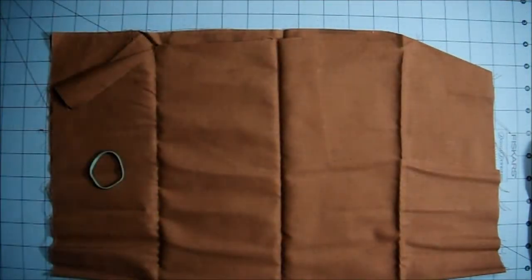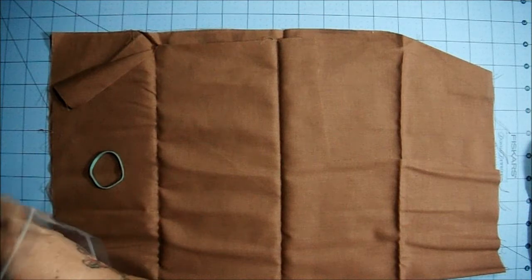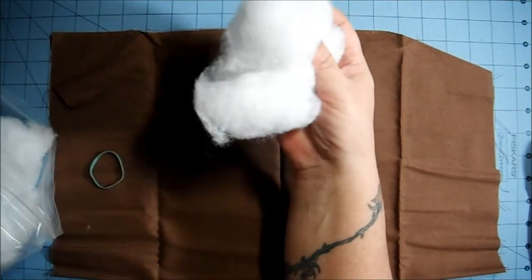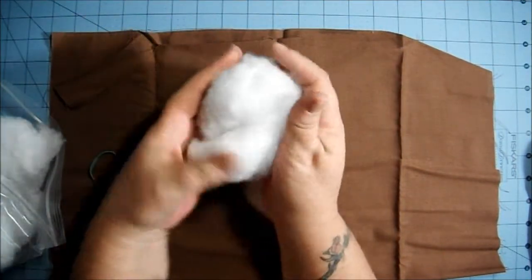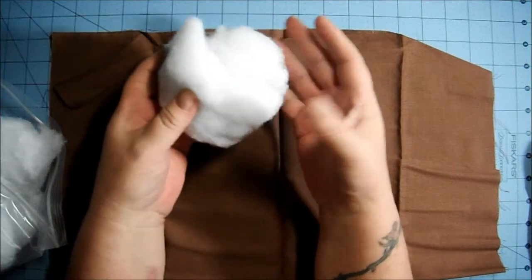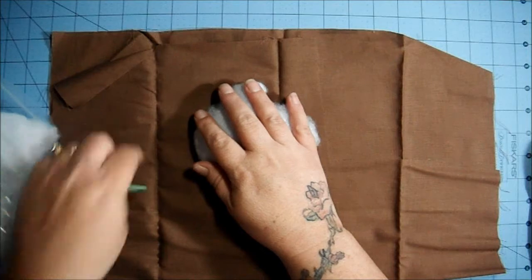It depends on the size of what you're making, but say for a teacup, I would just grab off a big old piece like this of fiber fill and just kind of shape it in my hand, kind of the shape of a ball. You want it to be round, just roughly shape it. Okay, so then you've got this. Then you put it down into your fabric